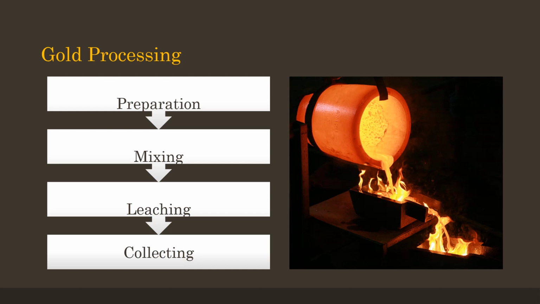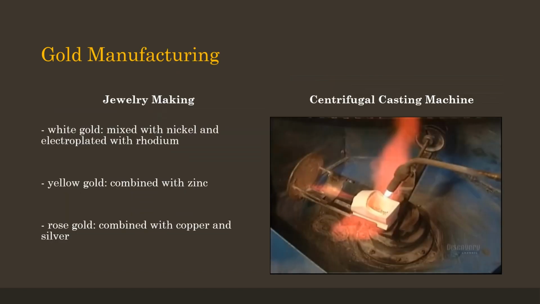This is then fired in a furnace wherein the molten gold sinks to the bottom while the rest rises to the top as slag. The gold left behind is formed into a bar and samples are sent out to be inspected. Two main uses for gold can be found in the jewelry making and electronics industry. The shiny luster and color of gold lends itself well in the world of fashion and jewelry, especially for rings